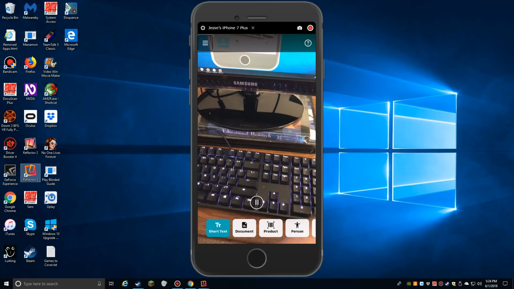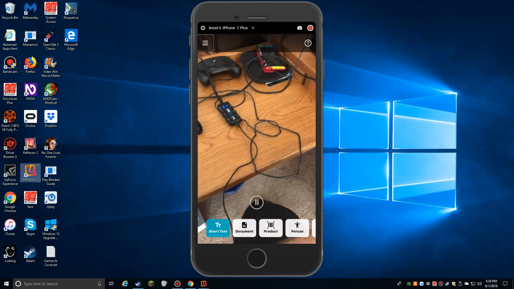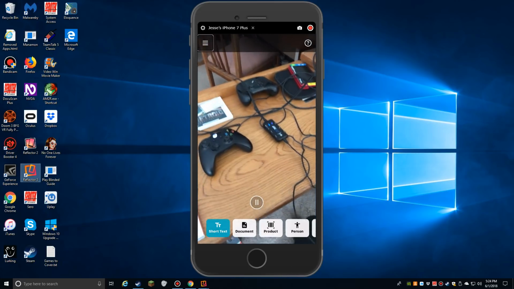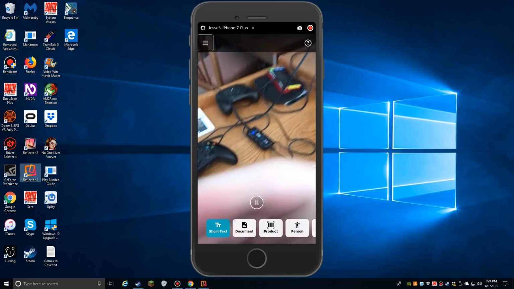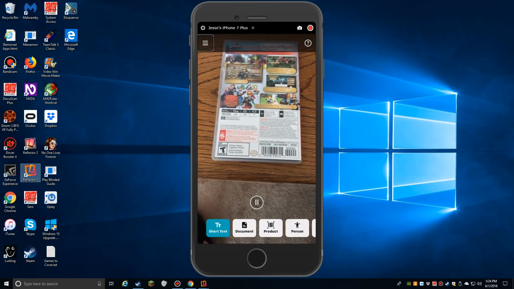This is a free app from Microsoft that does a lot of cool different things. So right now, by default, it's doing short text. So as soon as it sees any text,